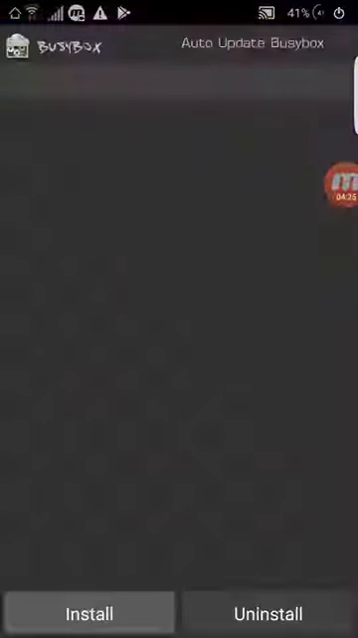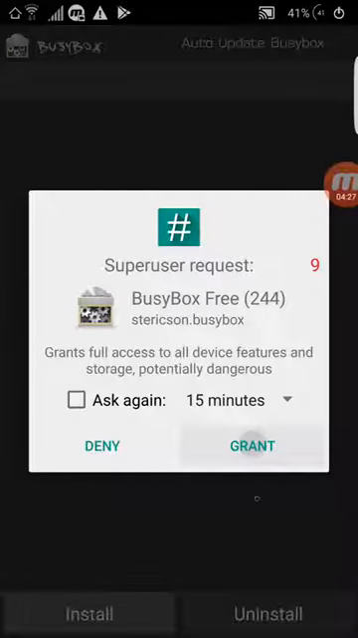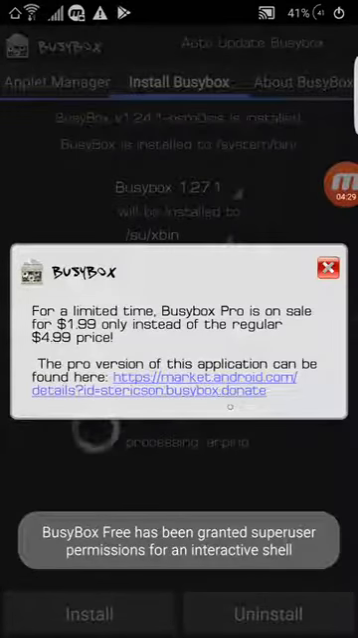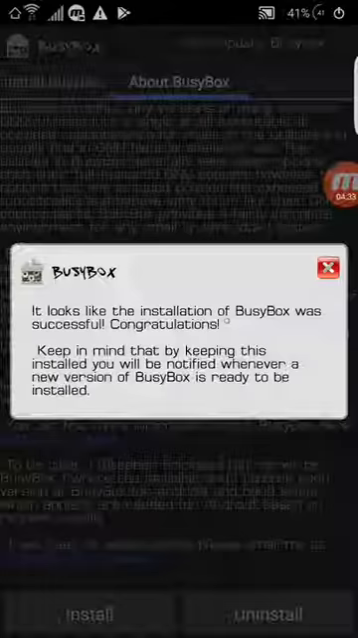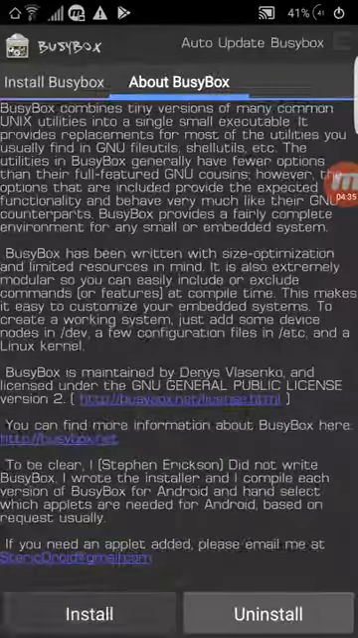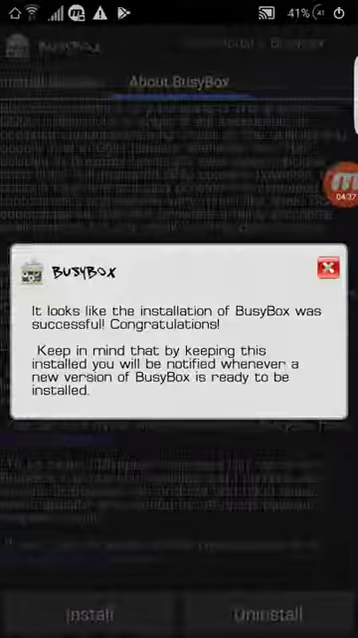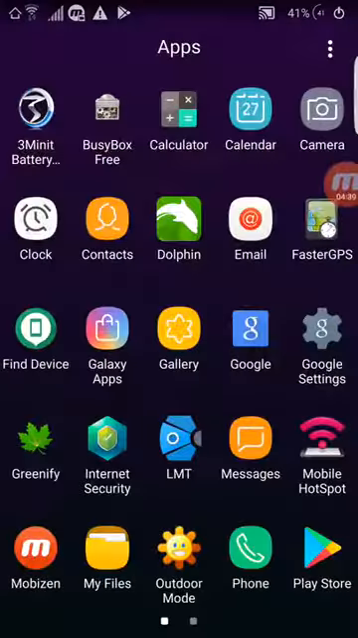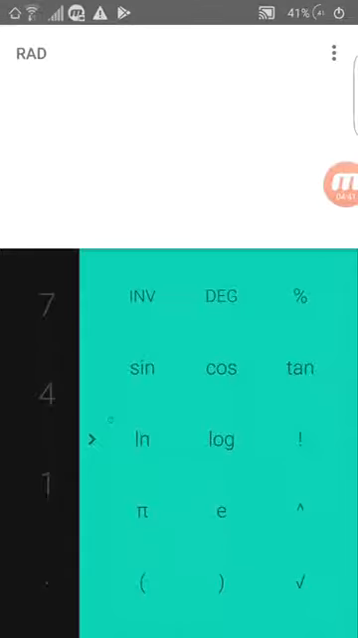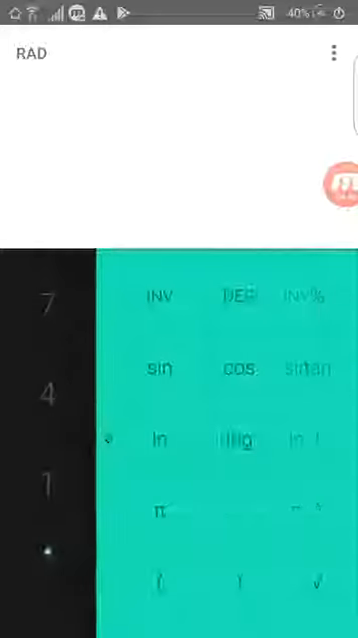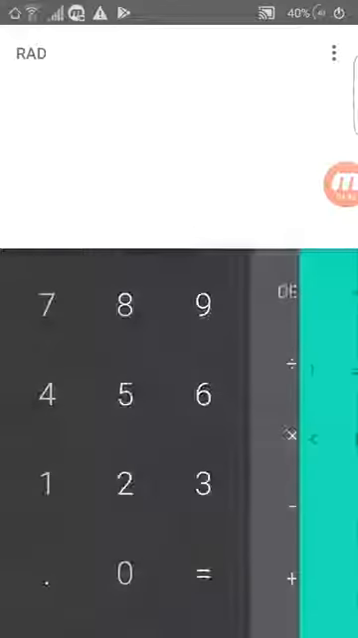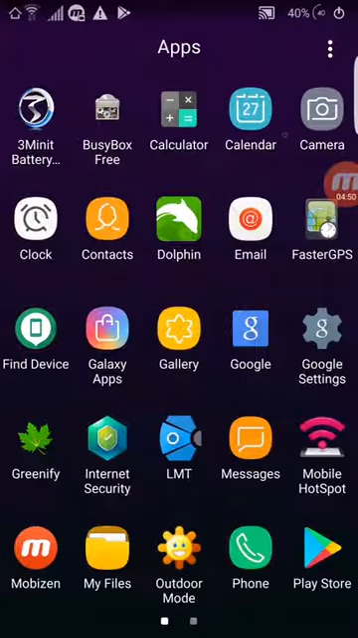And that's the BusyBox. A lot of applications use this. So you just run the Super SU install, it's just going to go through, and you say okay and okay, and then you're done installing. And that's the calculator. I updated the calculator from standard to this one. It has more options. And then your calendar, camera, clock, and Dolphin is the web browser